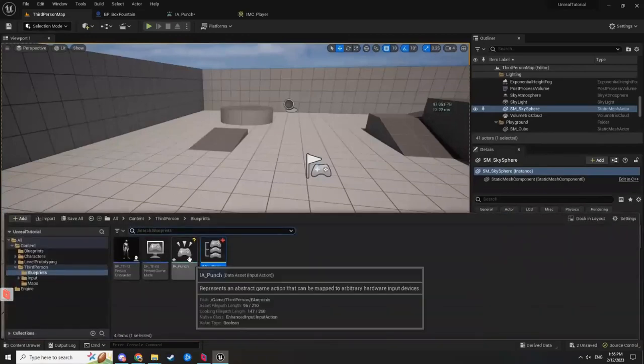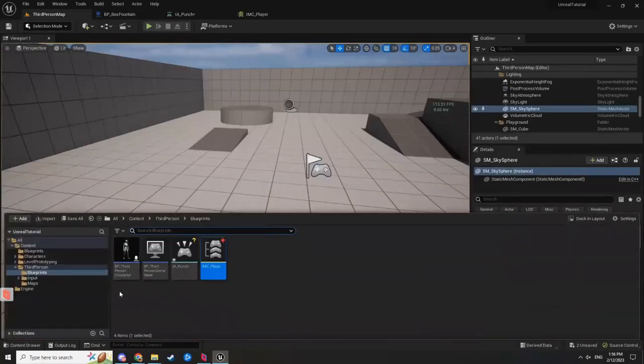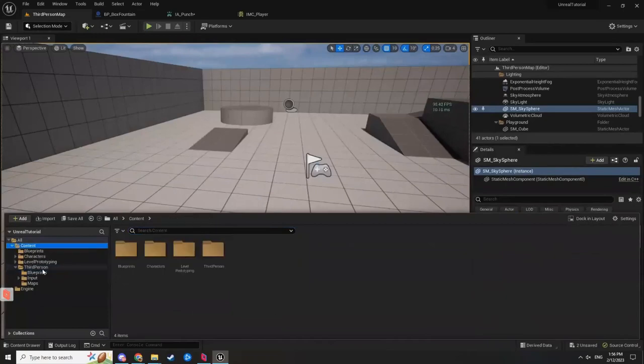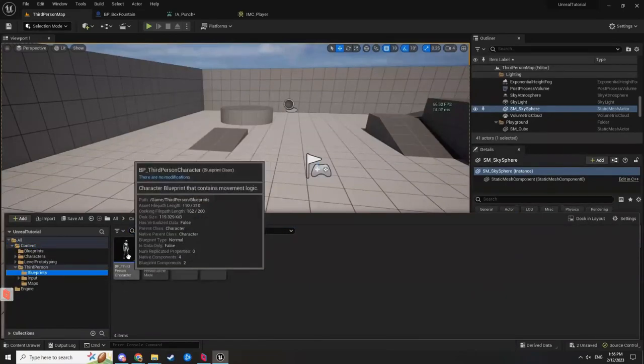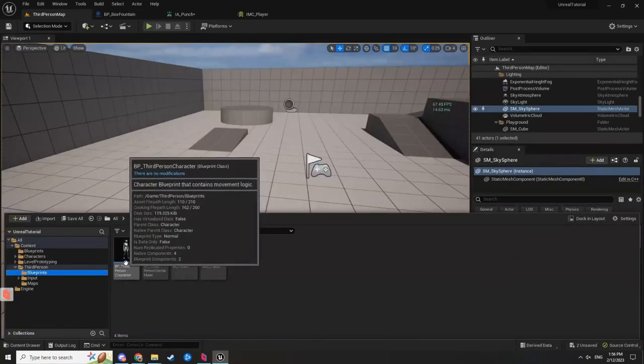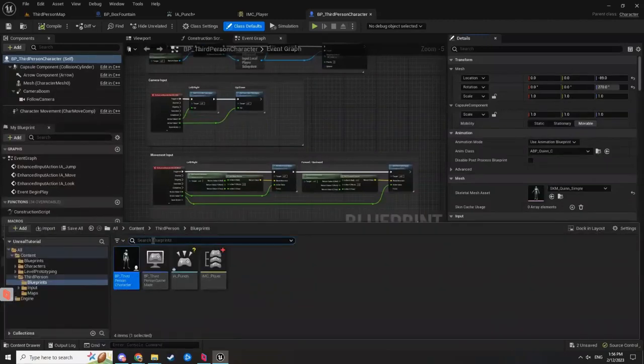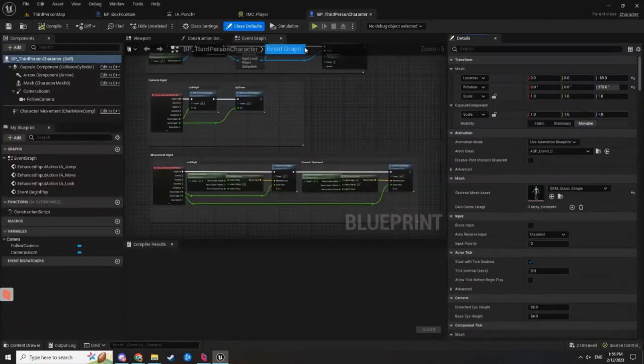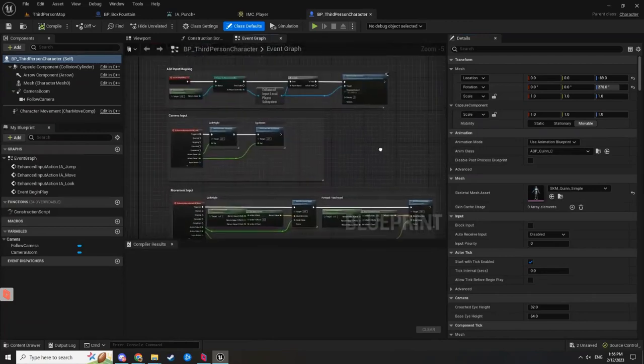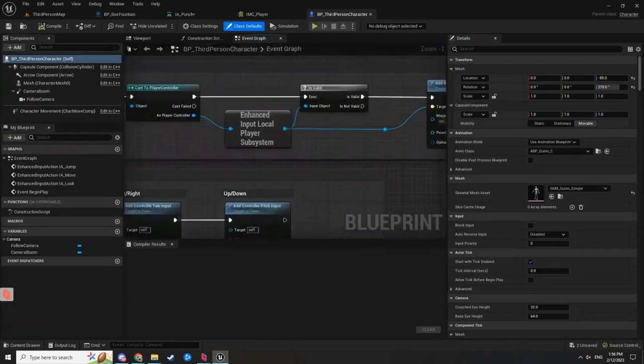If you open up your third person character, to get here, content, third person blueprints. Open your third person character. If you can't find it, you can also search for it in your content drawer. And then you get this crazy looking blueprint. And up here,